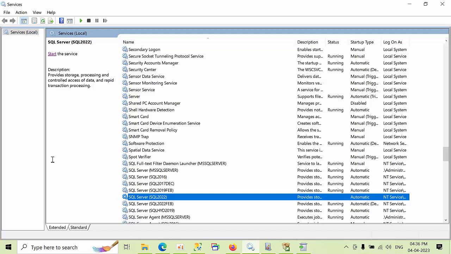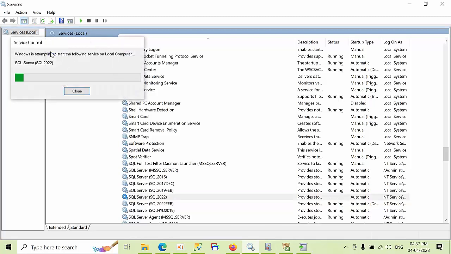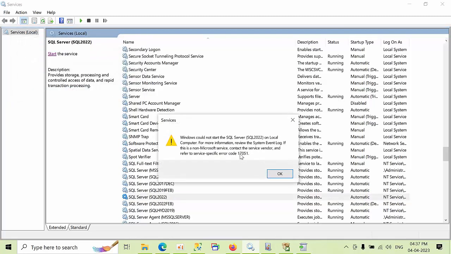Hello friends, today I'm going to show you how to fix the SQL Server evaluation period expired. So this is my SQL Server 2022. When I click start here, I am getting this error